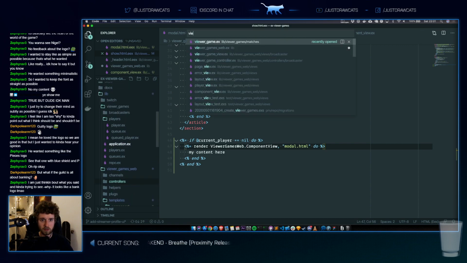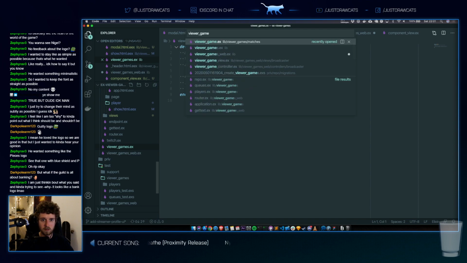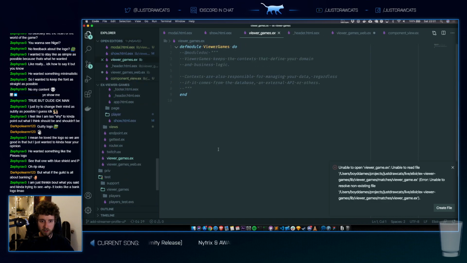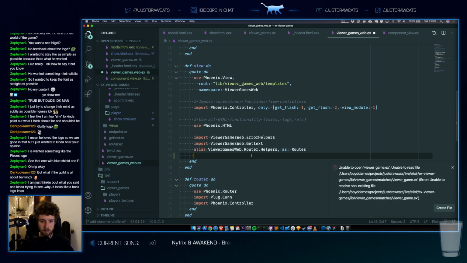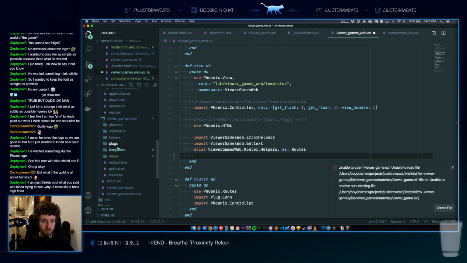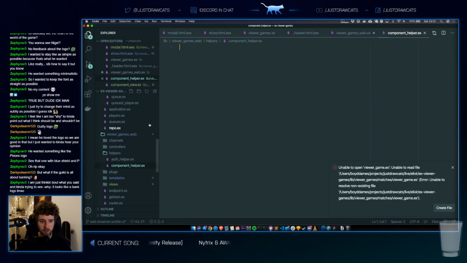I want this. This file. No. This file. Web component helper.ex.